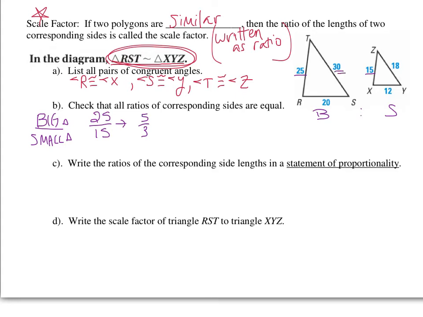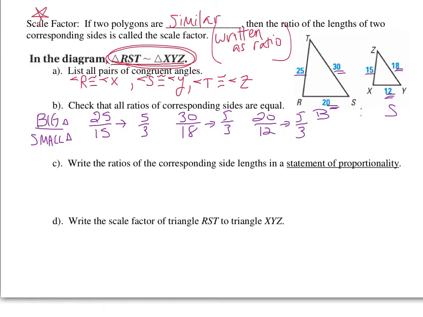Next, I'm going to do my 30 and my 18. So 30 over 18 reduces to 5 over 3. Next, I'm going to do my 20 and my 12. So 20 over 12 also reduces to 5 over 3. And that shows that because all the angles are congruent and all the sides are proportional,